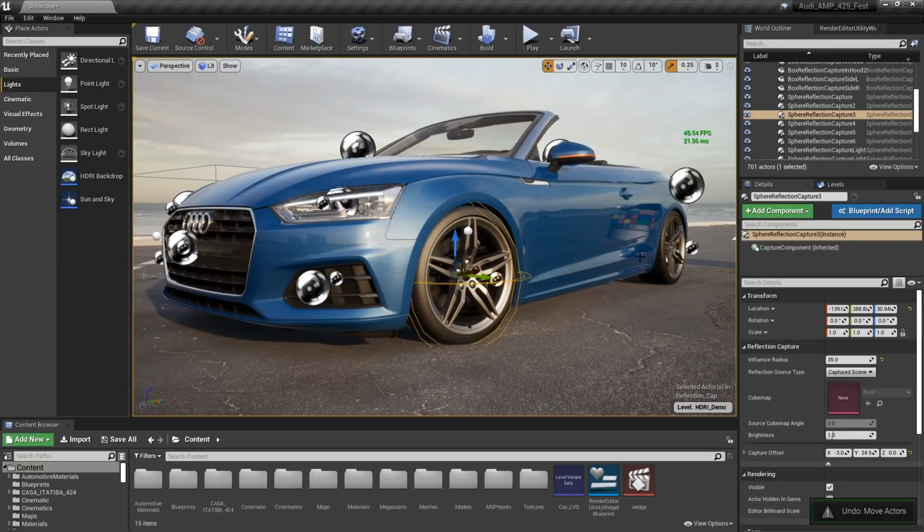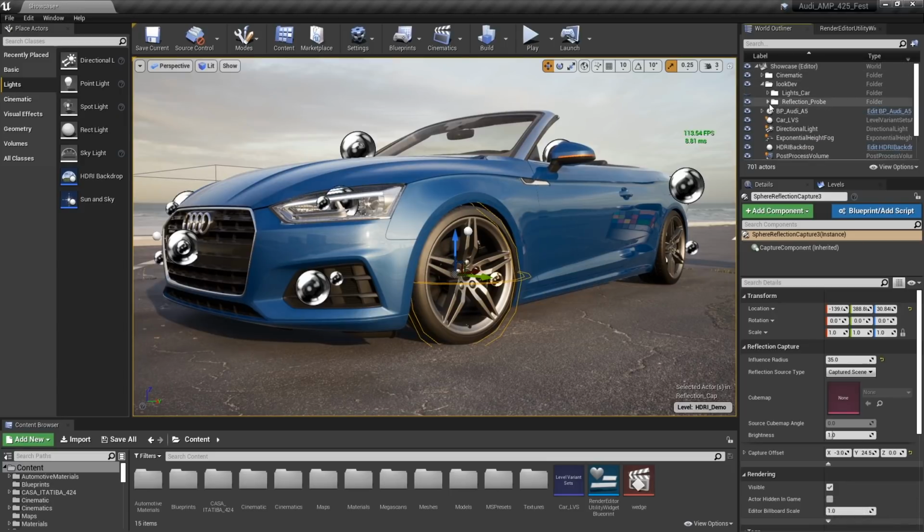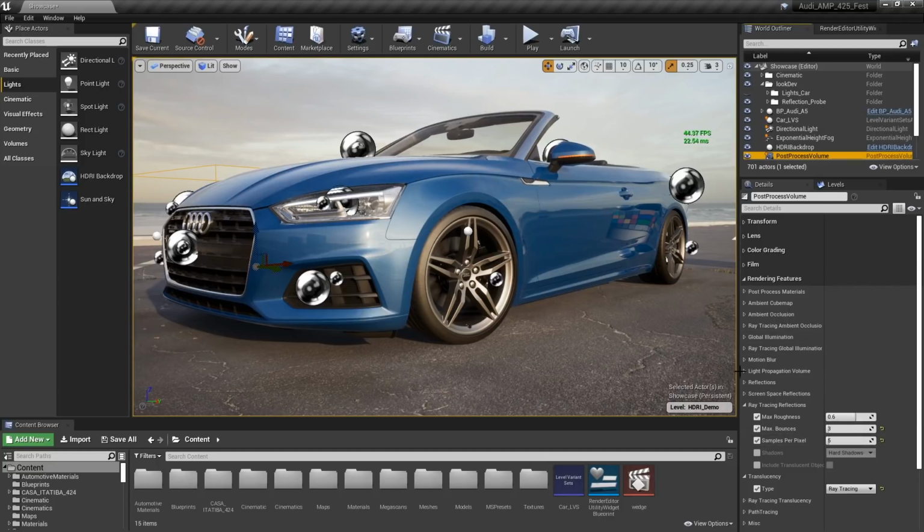If we go back into our post-process volume here, and we grab this and look at what's going on, you can see that at a value of 0.6, it looks pretty similar to what it looked like at 1. If I put this up to a value of 1, they look almost the same. But the frame rate's bad. Look, it's 42 milliseconds.